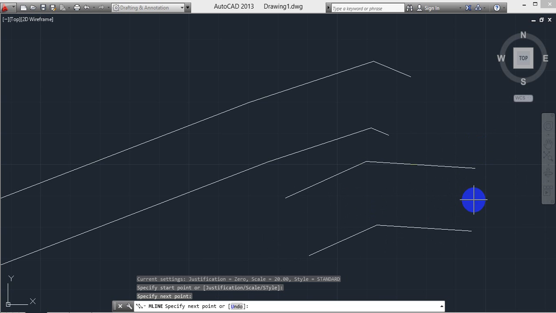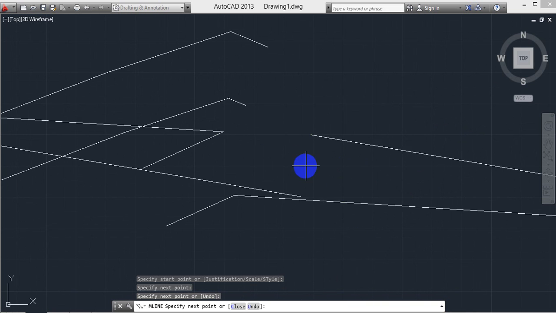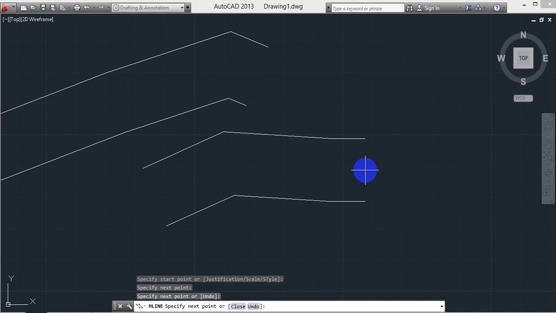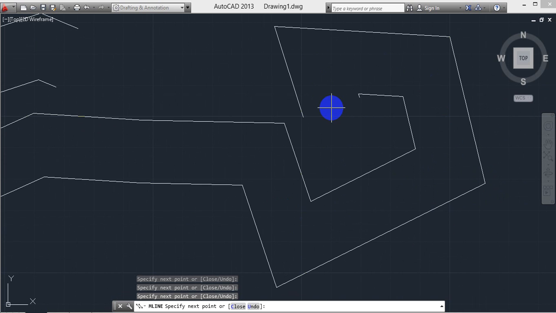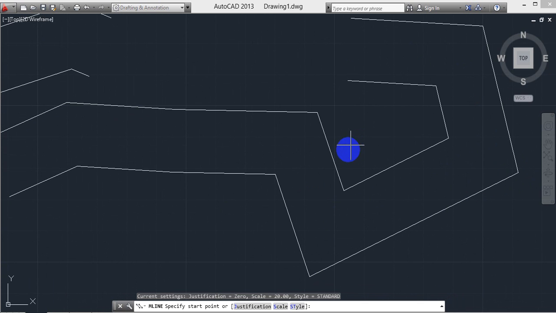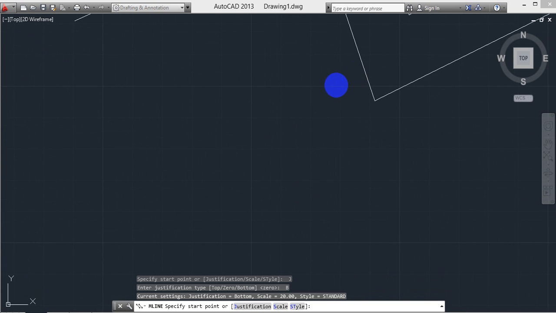So where is it used? If you have a center line of a wall, at that time you can use this center multi-line. Middle of the area. Escape, again spacebar to continue, justification, and so 0 is completed, it means middle, and then bottom. It shows the bottom area like this. So first one will be top, second one will be 0, meaning middle, and third one will be bottom.